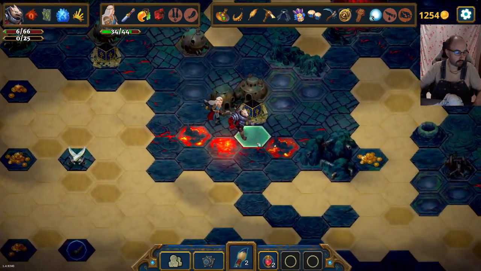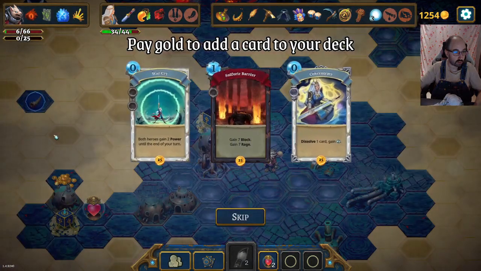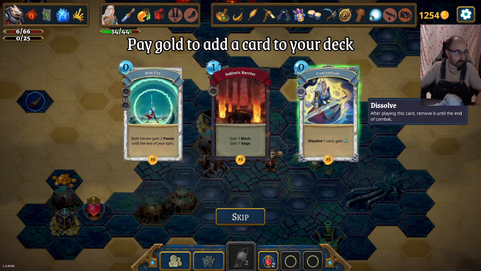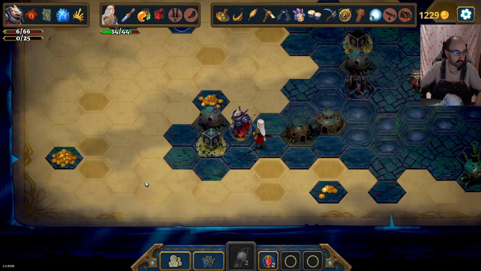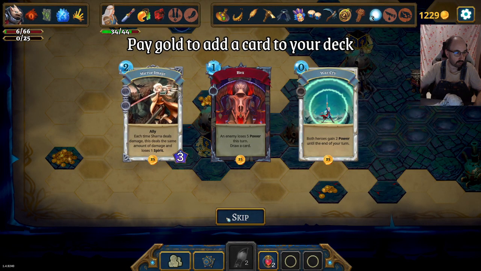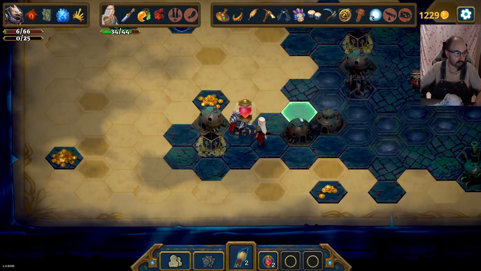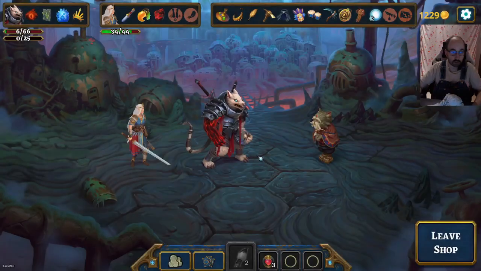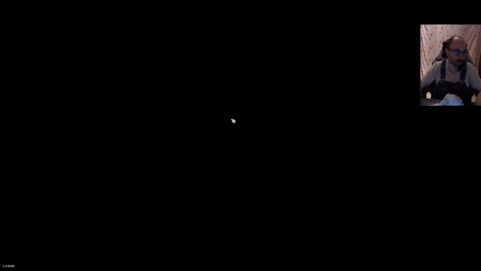I should have gone for the rough diamond. Warcry, Sulfuric Barrier, Concentrate. Concentrate is great against this boss. Warcry, Mirror Image, Hex. Not interested. So we could spend another 200...